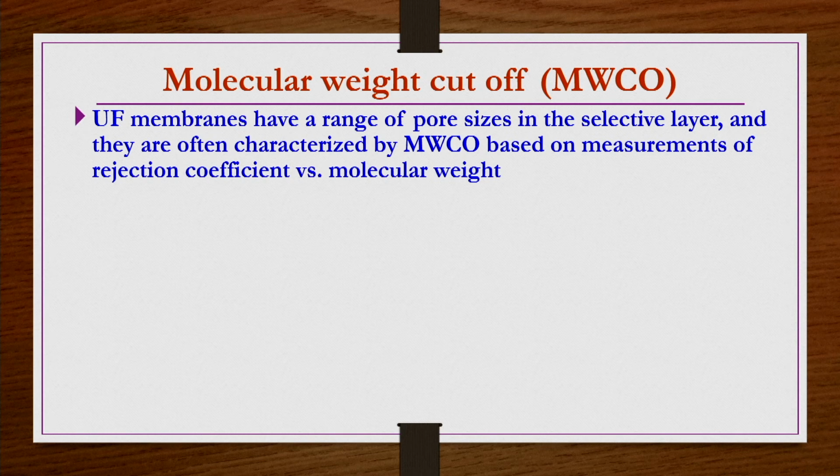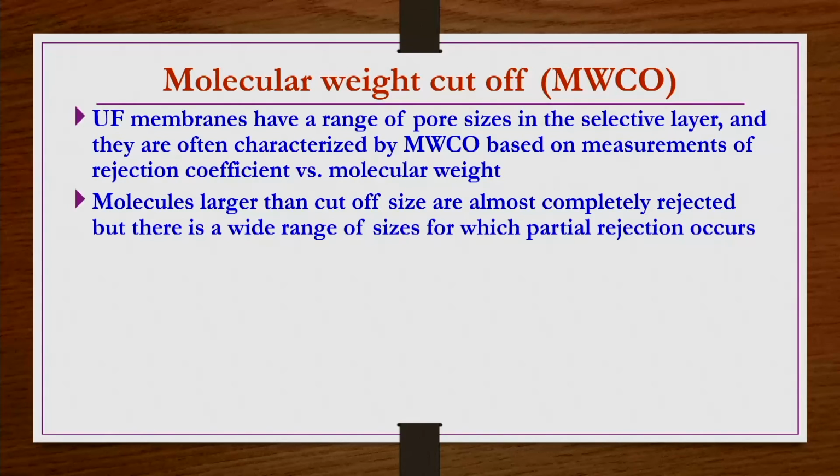And then at a specified pressure, or the pressure at which you wanted to do the separation, you do the separation of this PEG solution, right, and then you calculate the rejection coefficient for each of the PEG solutions having different molecular weights. If you plot rejection versus molecular weight of the PEG that you have selected, then you can have a kind of cutoff where you can get 90% or 95% of the rejection.